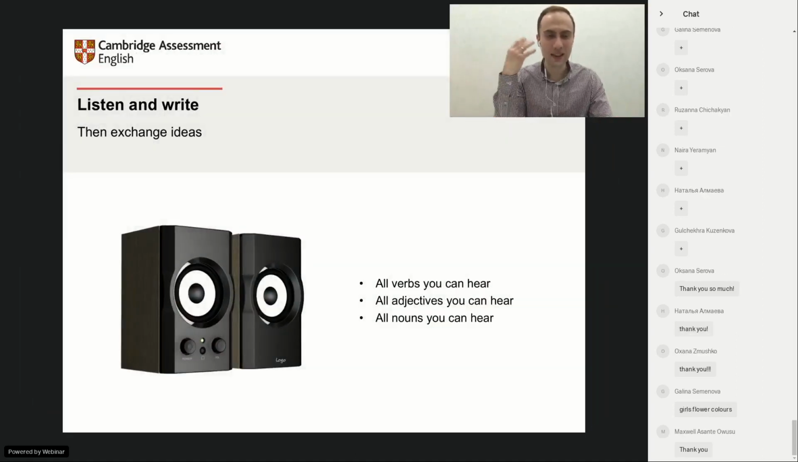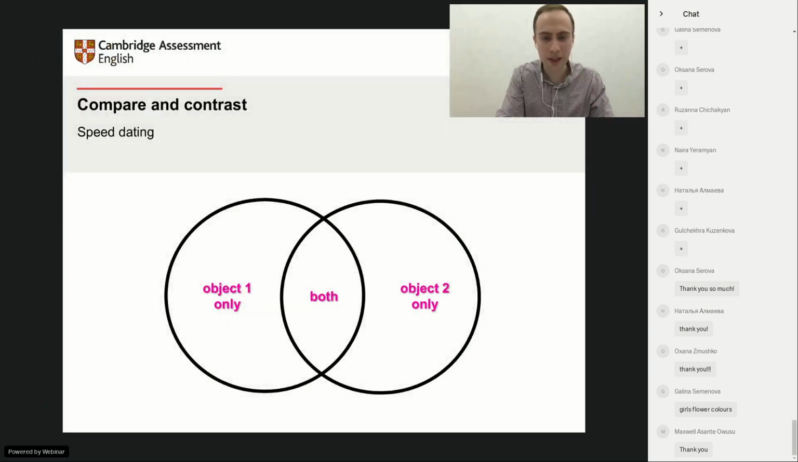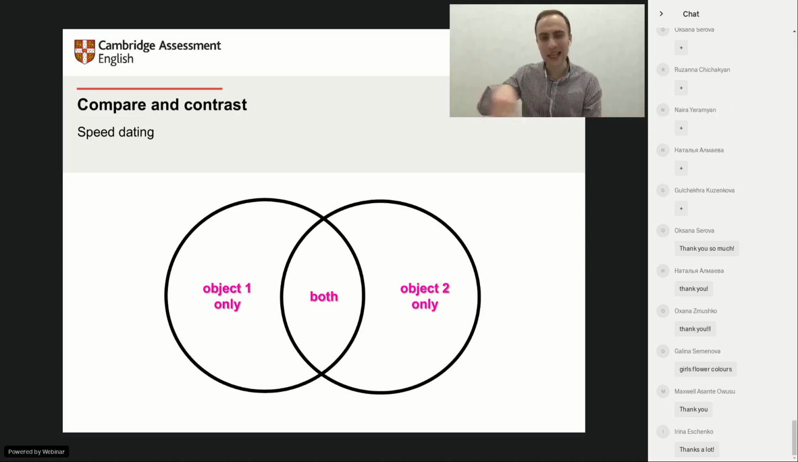Or you can do the same with listening. When they listen to something and one group is writing, or watch a film, one group will be writing nouns, verbs, and adjectives, and then they will exchange ideas. Okay, we can do quite a lot of things, really, and you would never think of writing as a group activity, but it is a powerful tool to first bring all your students together, and second, to practice writing a lot. For example, speed dating style,